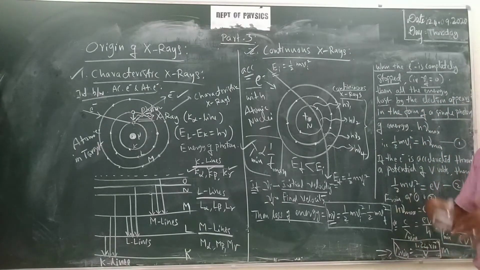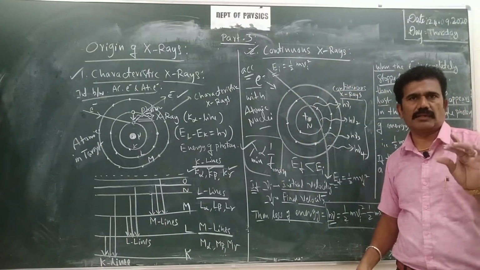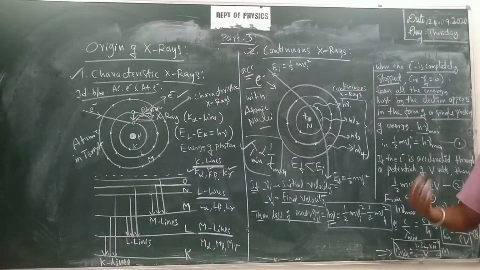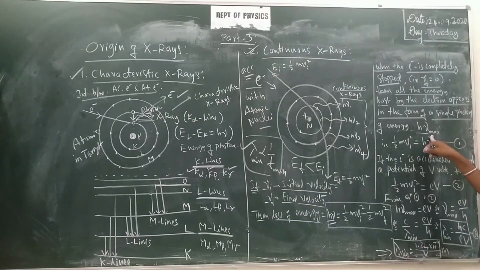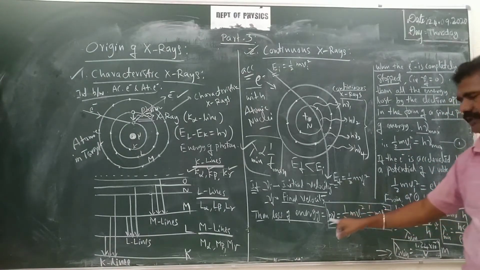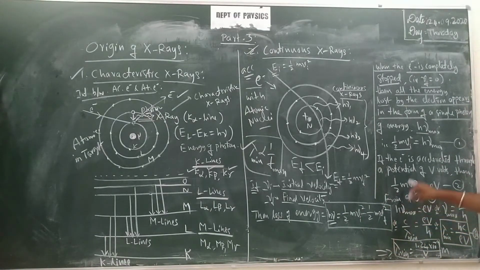That complete loss of energy of this excited electron is emitted in the form of a single photon, whose energy is now given by h nu maximum, that is the maximum frequency. So h nu maximum. How do you calculate that energy now? Half mVi square minus half mVf square gives the photon energy. But now in this case, final velocity is equal to 0, right? Vf equals 0. Therefore, you have to consider only half mVi square. Therefore, half mVi square is equal to the complete photon energy h nu maximum. Equation 1 we get.